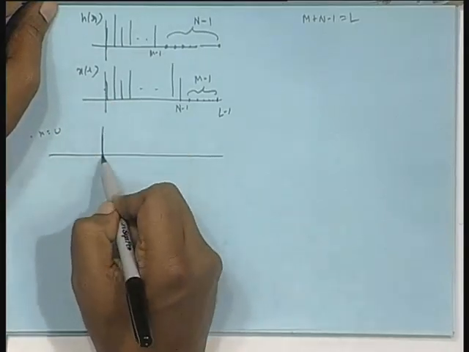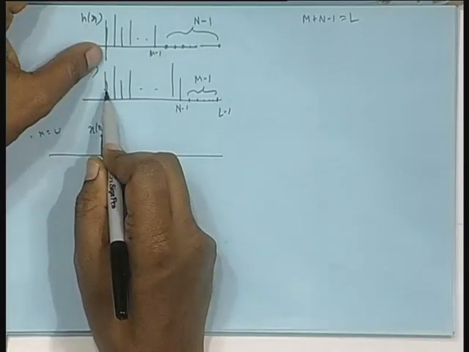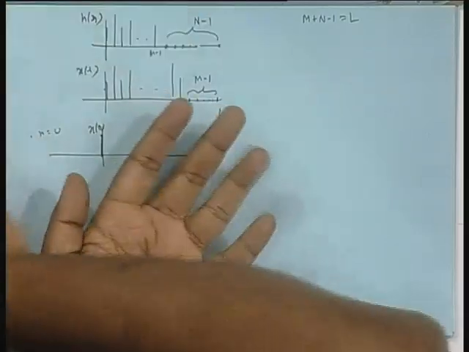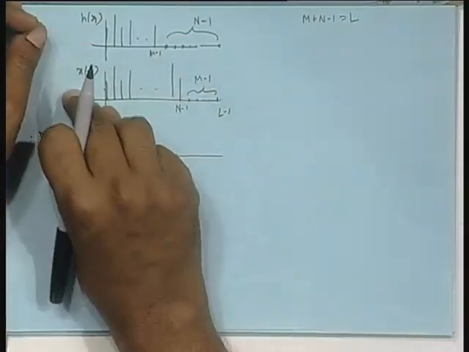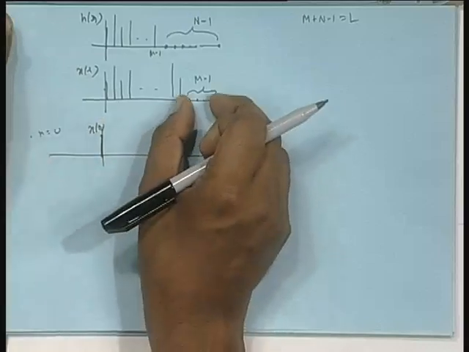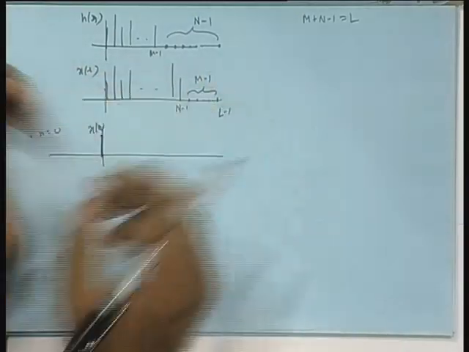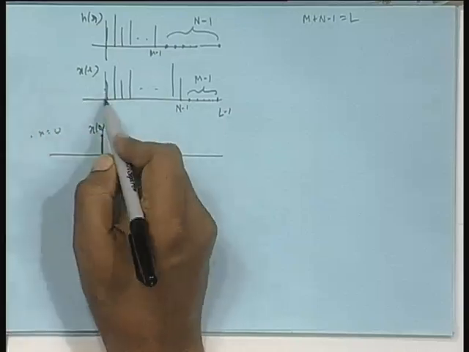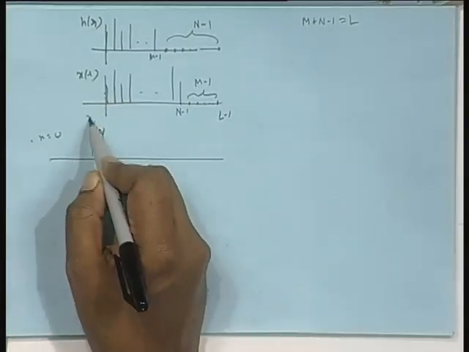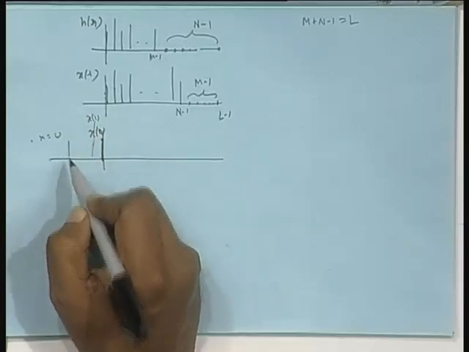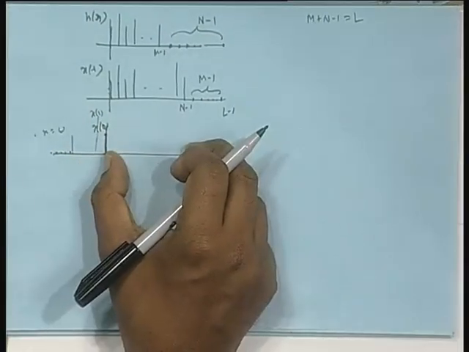If you do that for 0 shift, say for n equal to 0, what will happen? This x[0] will remain here. Please note this figure is a very important figure. This x[0] will remain here. This entire thing will be folded to that side. So, these samples will go, and in the front will be this zero pad. If you fold this that way, this part will be folded back, x[0], x[1]. So, here will be x[1], and so on up to some point, then zeros. The same thing will repeat here, periodicity.